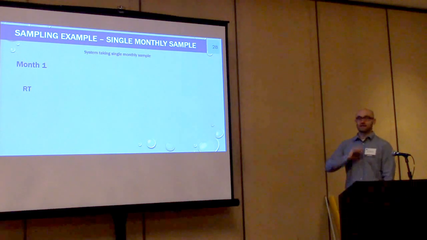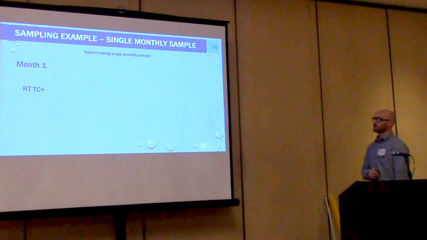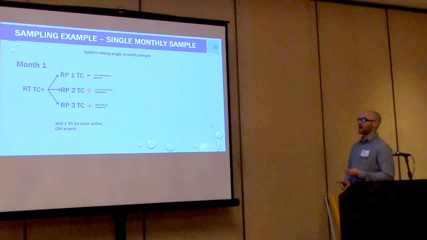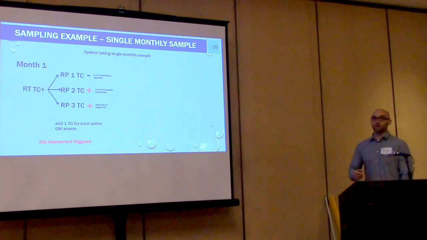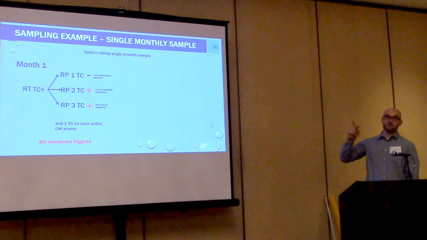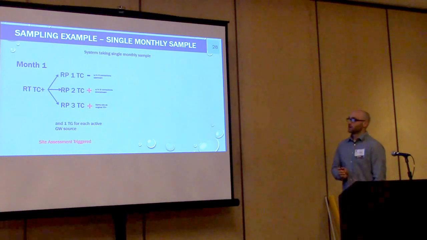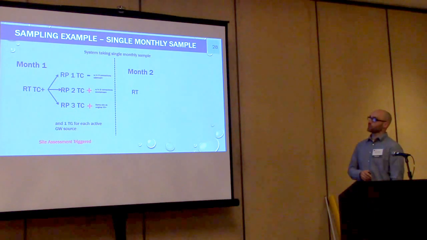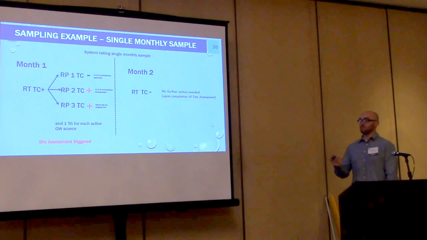Simple monthly system, taking a single sample. Take the sample, it comes back total coliform positive. Boom, 3 repeats. Same site, upstream 5, downstream 5. Just so happens in this instance, 2 of the repeats came back positive, and as we all know from paying diligent attention, there's more than 2 total coliforms in a month, therefore a site assessment is triggered. The next month, the system takes its normally scheduled program, right? 1 routine monthly sample. That's it. That one happens to come back total coliform absent. Great, super. Next month, take your sample. You're good.